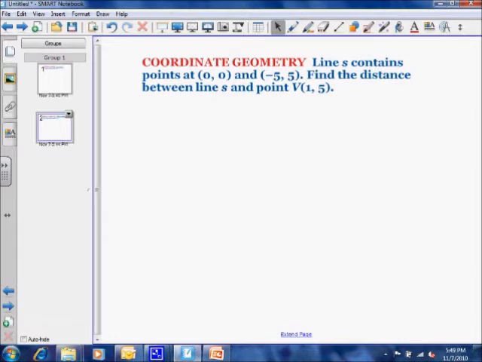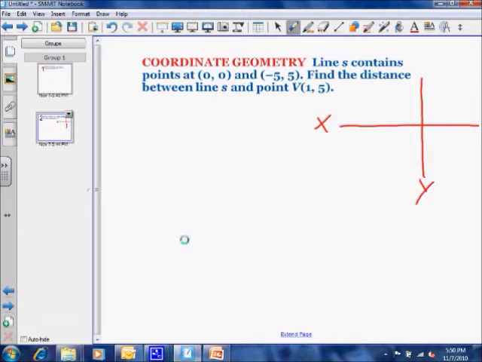What we're going to do here is a pretty intensive algebraic problem, and we're going to find the distance between a line that exists on a coordinate plane and a point that is also in that plane. So let's get a visual representation of what's happening here. If I have a coordinate plane here, an x-axis and a y-axis, and I plot the points,